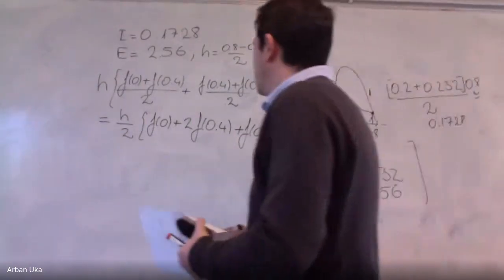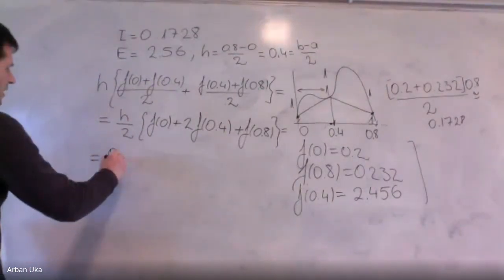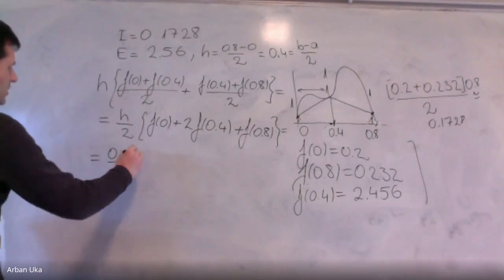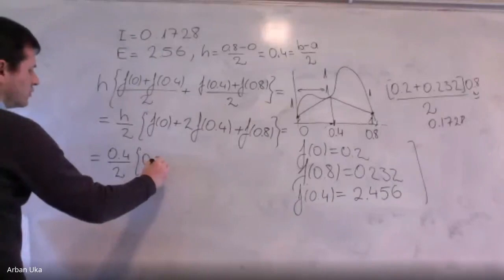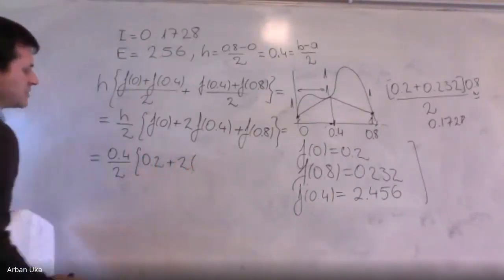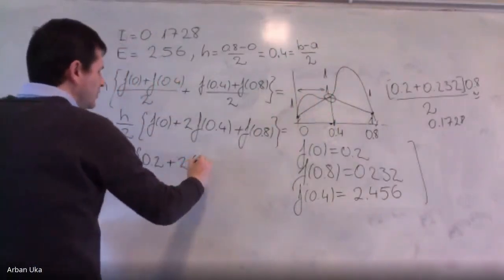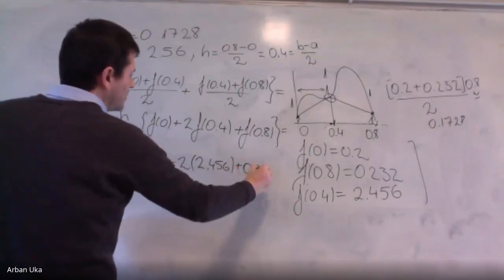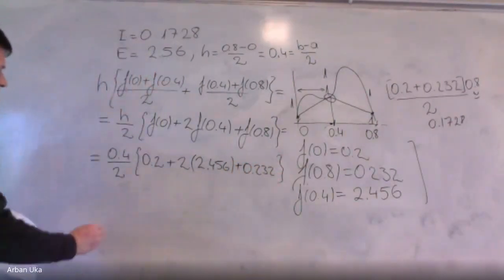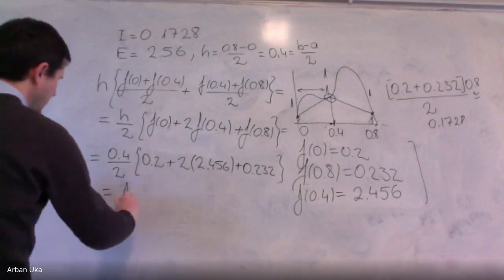So this is what we have, and then we come here, we evaluate the respective numbers. We get 0.4 for H, and then here, the function evaluated at f0 is 0.2, plus 2 times the value of the function here at 0.4, it's 2.456, plus 0.232, which is the last value. So with all this, the final value of the integral, we find 1.06,